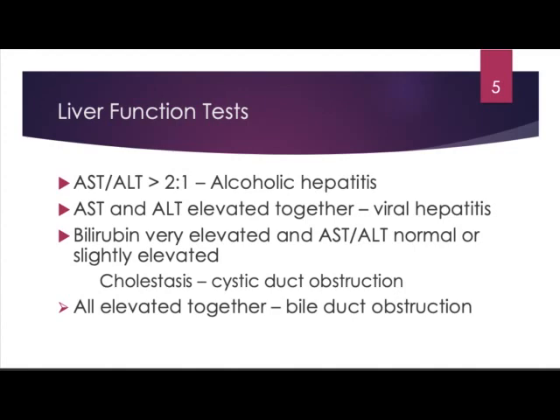So لما نحكي عن ال liver function test بصير نفرق بين الأشياء حسب عن شو مرتفع. So if the AST و ALT ممكن راح يكون مرتفع مع بعض بس إذا AST كثير أعلى من ال ALT إحنا نفكر في alcoholic hepatitis عشان إذا واحد بيشرب كحول كتير بيضرب الكبد بس ال AST و ALT they increase